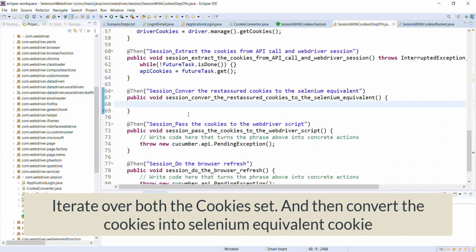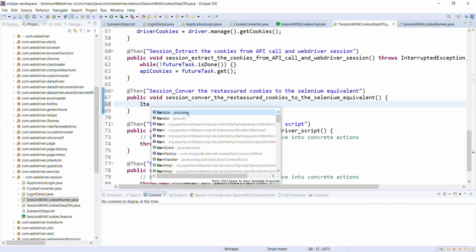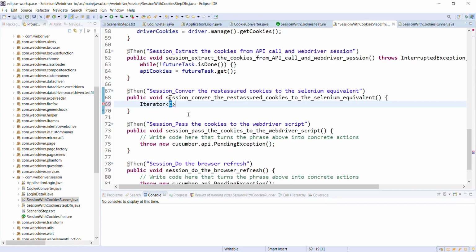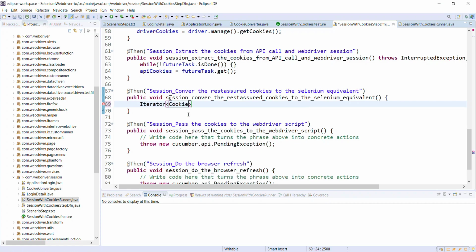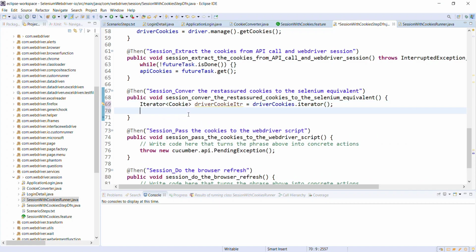So here I'm going to get the iterator from both the cookies. The first one is from the Selenium session cookie. And the second iterator is for the cookies which we got from the API call.